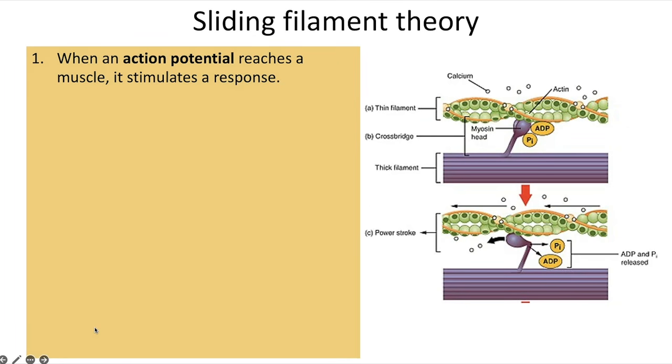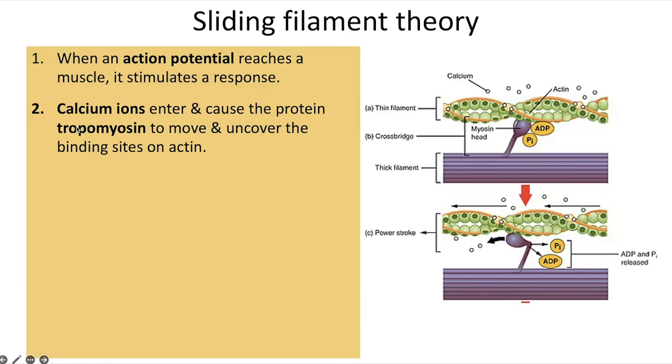When that action potential reaches the muscle, we already talked about how it generates that depolarization traveling through those T tubules, and it stimulates a response because it causes calcium ions to enter, and those calcium ions can cause tropomyosin,